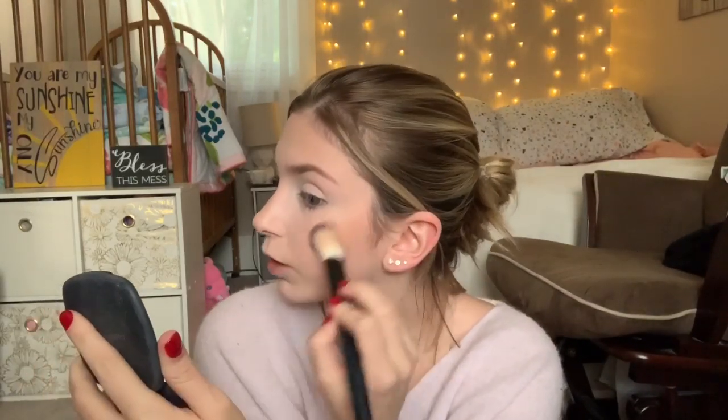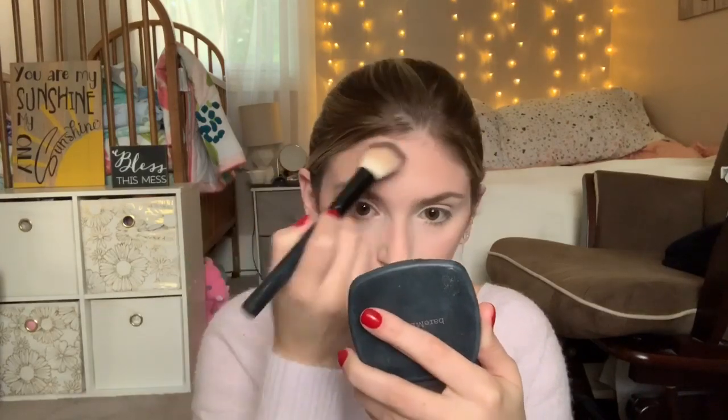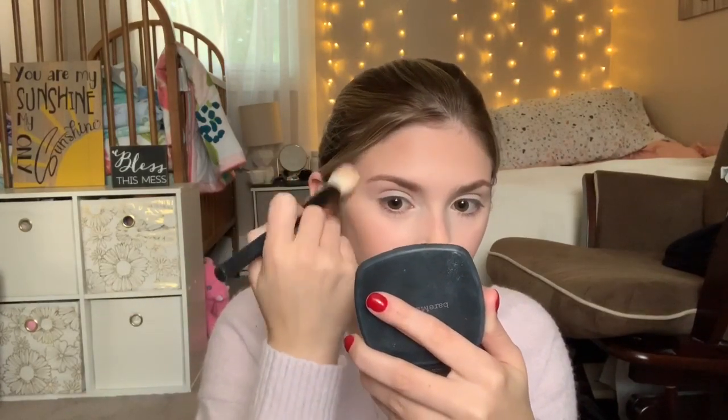I've also been thinking about getting hair extensions lately, like either sew-ins or keratin bonds or something. I'm not really sure. I just thought that it would look really pretty, and I've been wanting long hair. I've been growing my hair out, and I heard if extensions are done right, it will help your hair grow. And I wanted to give it a try, but I'm so scared of my hair falling out,